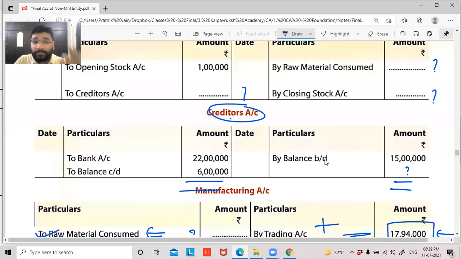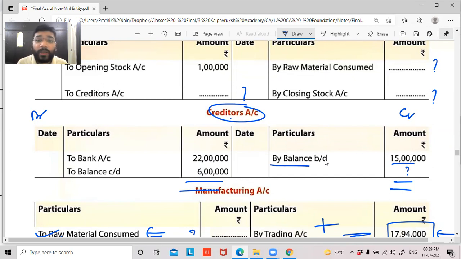Guys, creditors account. What is creditors account? Opening balance, guys. Creditors is a liability. A liability has a credit balance, so the opening balance will come on the credit side. They have given the opening balance. On creditors account, what do we record, guys? If you remember, we did single entry in 12 CBSE, even in 12 state board. I think single entry was done in 11 CBSE and 12 state board. Yes. We prepare the total creditors account and total debtors account.